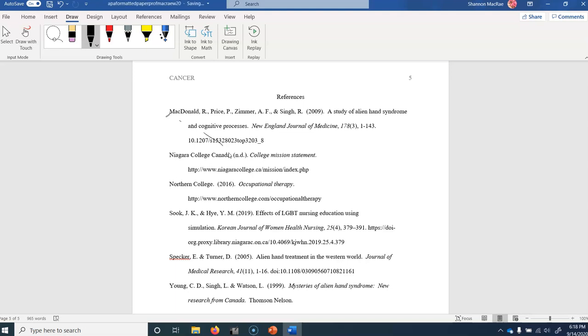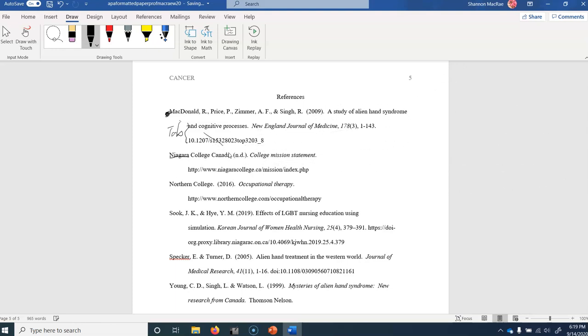So take a look at this first one here. You'll see it starts with McDonald, right? And then I have a full line. And then I have continuation lines, okay? The continuation lines are formatted the opposite of a paragraph. So my first line of information, right, is right up against the margin here. And my second and any subsequent line is indented or tabbed in one. Okay, so I want to tab here. Okay. When I go to my next entry,